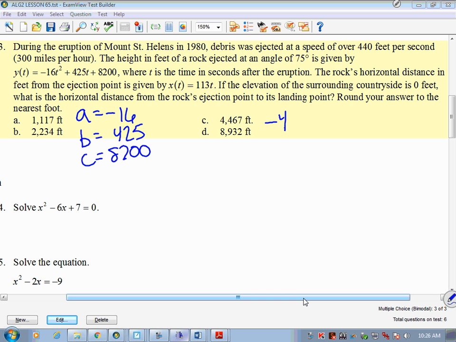Negative 425, right? Now what? Plus or minus square root. 425 squared, minus 4 times